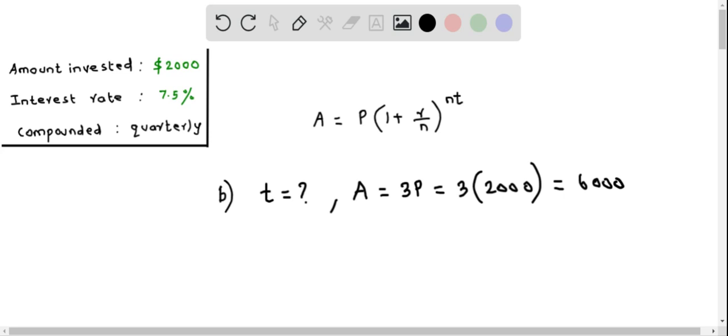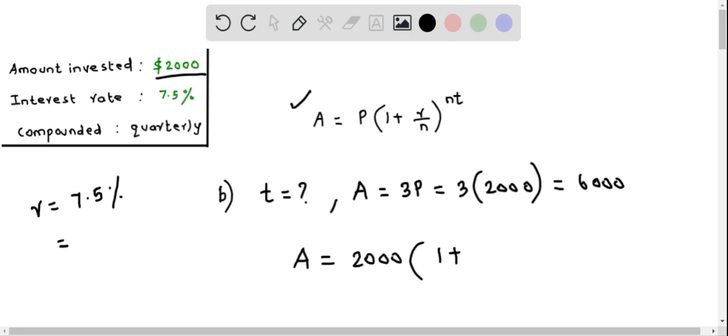So let's use the compound interest amount formula. Let's plug in the values. First, let's write this amount equation. So A equals P, the amount invested, which is 2000, times 1 plus r, the rate of interest, and this has to be in decimal. So r equals 7.5%. Let's put this in decimal. So it is 7.5 over 100, and so this equals